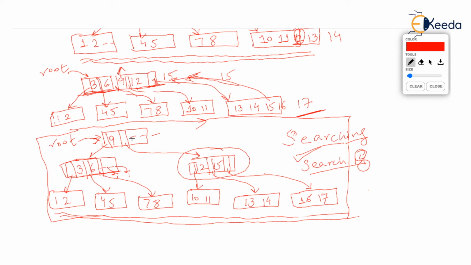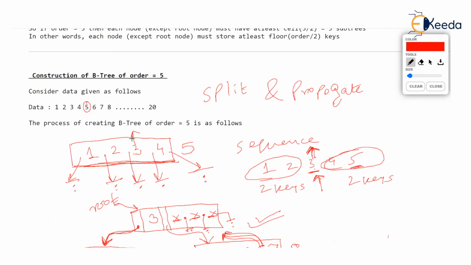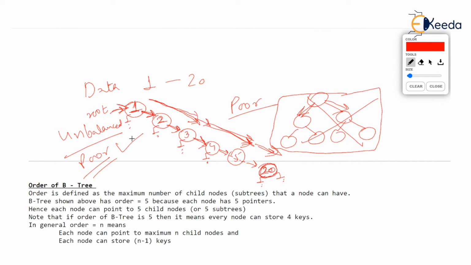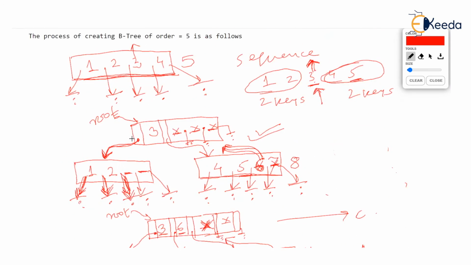Whereas in a binary tree, the memory wastage is less, isn't it? In the binary tree that I have drawn, the memory wastage is less. I still say there is memory wastage because null pointers are as good as wastage of memory. We have not utilized the null pointers, isn't it? But you can say very, very little memory wastage you have in a binary tree, but searching speed might be very slow. So that's the comparison of B tree and binary tree.